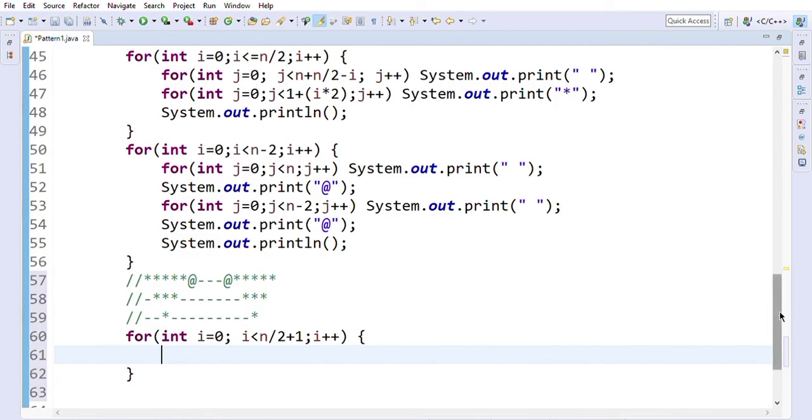First we have to take care of white spaces. We can see there are 0 white spaces, that means we will print 2 white spaces for the i time. Here is one white space, that means we again can print white spaces for the i time, and here there are two white spaces, that means we again can print our white spaces for the i time. Let's first print the white spaces. For int j equals to 0, j is less than i, j plus plus, and sysout white spaces.